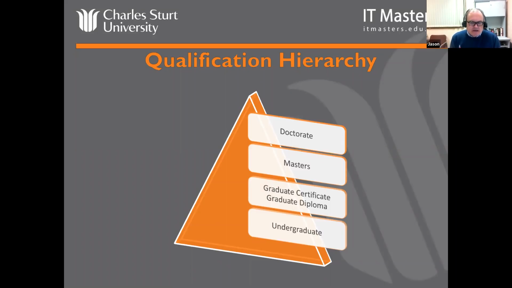So you're looking at your bachelor level programs. We move from there to our graduate certificates and graduate diplomas, which are postgraduate awards, typically done after a bachelor's. We then move to a master's, and we'll be talking about some of the master's programs tonight. And from there, we go to a doctorate. So you get to call yourself a doctor, typically a research degree, often not that valuable in terms of industry, although we do also have professional doctorates which can be used by people who want to follow a research pathway